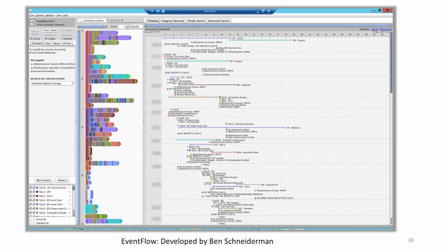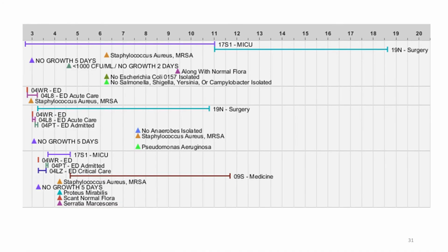Another thing we can do with healthcare data is, there we're looking at large scale patterns. We can also look at how patients go through the healthcare system. So we capture data about when a patient moves from one location to another, and we have the timestamps for that. And we can use a tool which allows us to track patients through the hospital. And this is a tool developed by Ben Schneiderman, who was the first CS PhD graduate from Stony Brook. And we can kind of zoom in on this.